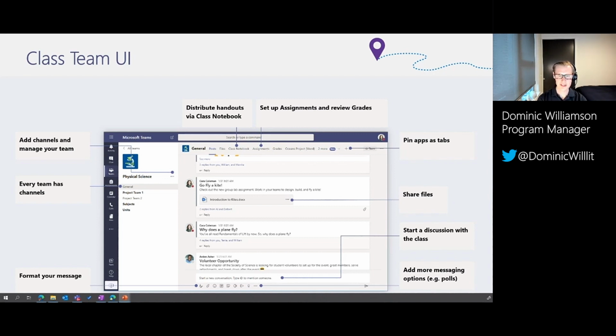If we then move across to the center of the screen, when we're in the posts section, this is where we post messages and we can have conversations. This is where I can have a really rich conversation space, not just text, but we can embed and share files. We can embed and share apps. And at that bottom center of the screen is really where it all starts and where the magic happens, where we can have these discussions, where we can go through and format our messages. And from that 3-dot ellipsis, we can do things like adding new capabilities to the message like polls.